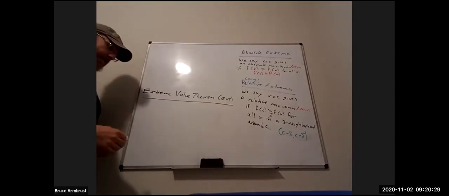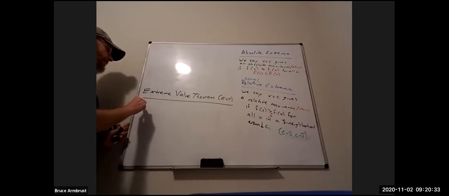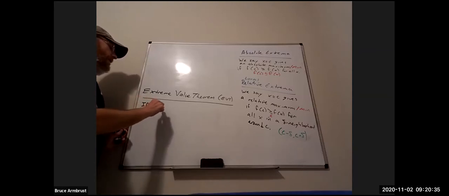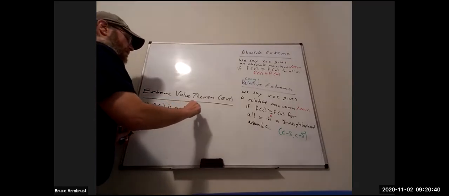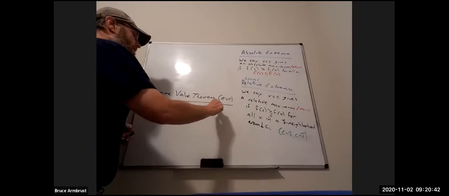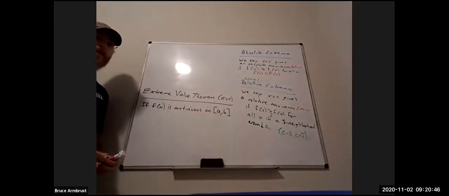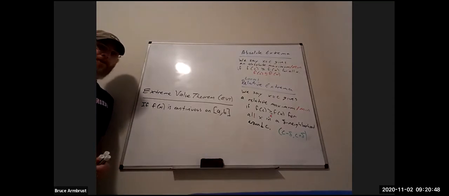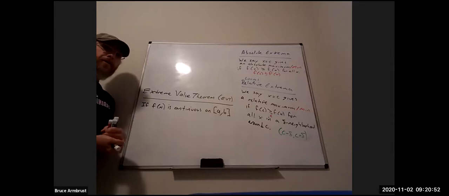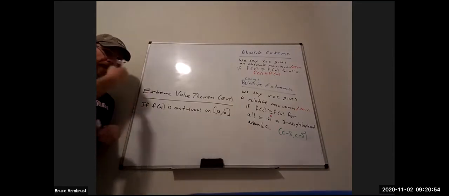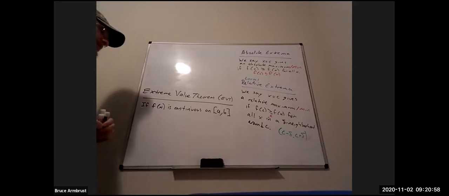So first of all, this is what we need: if f of x is continuous on an interval AB. So it doesn't necessarily have to be continuous over the entire real numbers, but we're just going to specify between A and B. Okay, so if f of x is continuous on AB,